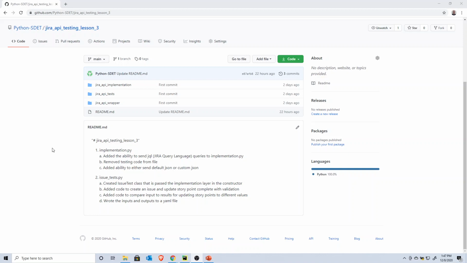Okay, now into lesson 3. And in lesson 3 for this presentation, here's a summary of the changes that we'll go through. I added the ability to send JQL, which is JIRA Query Language queries, to implementation.py. I removed testing code from the file, added the ability to send either default JSON or custom JSON, and then